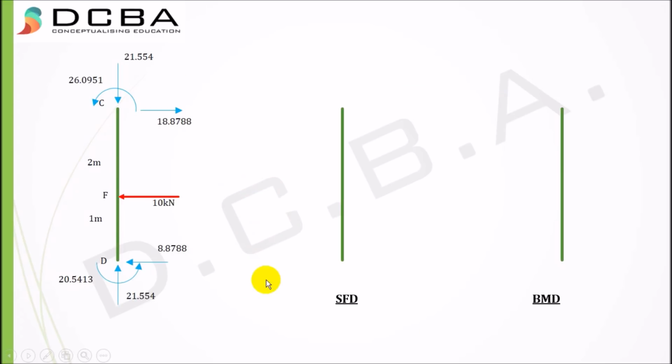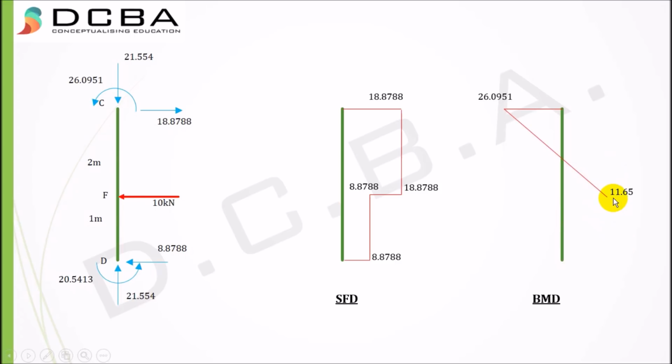And for the last member for this diagram, 18.8788 upwards, then it will be constant till F. 18.8788 minus 10, that is 8.8788, then constant till this point, and again 0. The bending moment diagram would be 26.0951 downwards. At point F it would be 18.8788 into 2 minus 26.0951, it will be 11.65, and then here it will be 20.5413 joining it. This is your bending moment diagram for CD, and this completes your sum